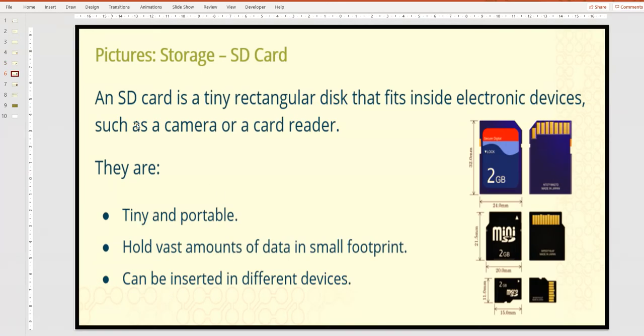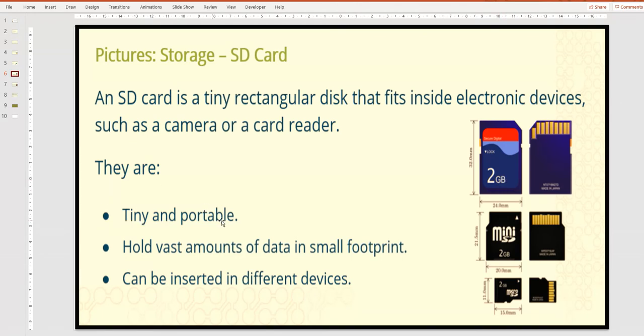Same is with the SD card. SD card is a tiny rectangular disk that fits inside the electronic devices such as camera or the card reader. So these are the examples of the SD card. You can have 2 GB, 4 GB. Again, as the GB or the size increases, the prices increases, but again they are not much expensive, right?